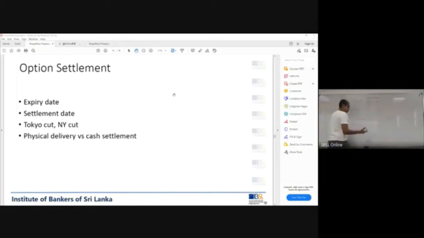Because this is a call option on mangoes with a strike price of 150 on 30th June. If the price of a mango is 200 rupees, he will come to me and buy. Now there are two ways for me to settle the transaction. Either I can give him a mango on 30th June and he will pay me 150 rupees, or